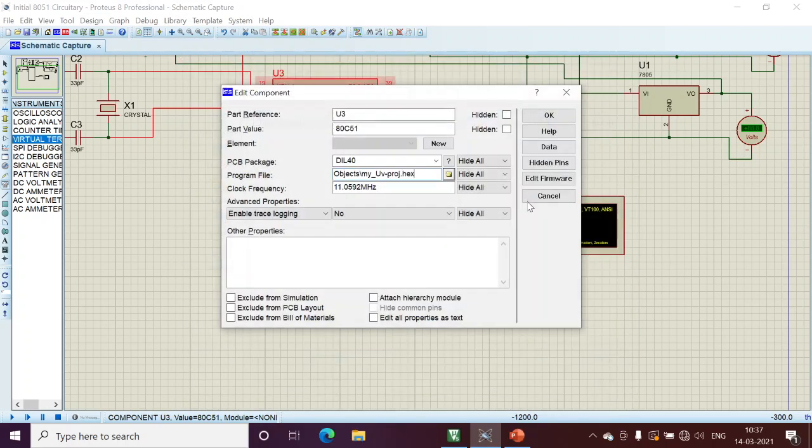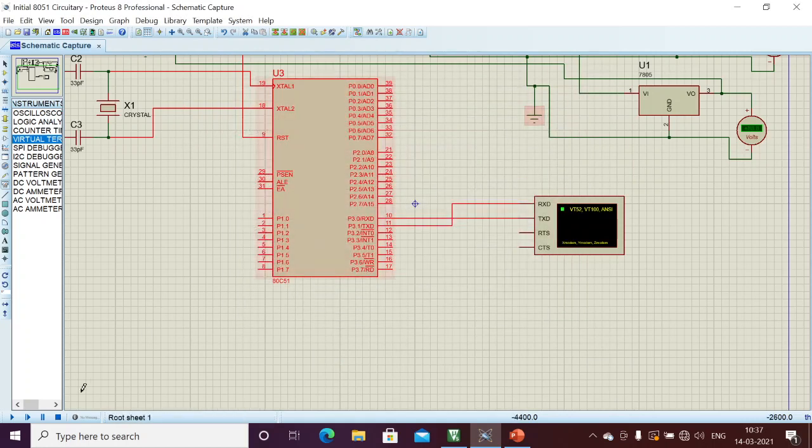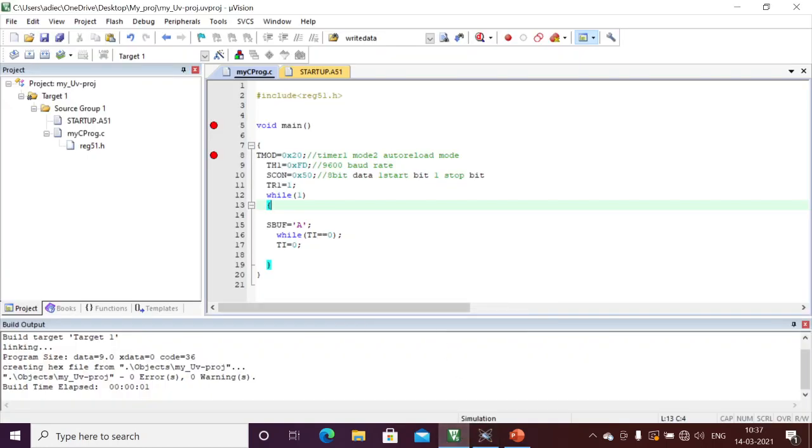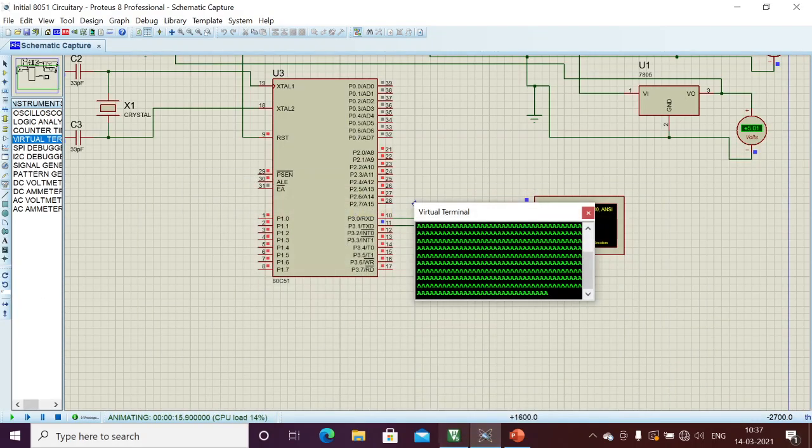Then I have the same executable, and I am running with it, and it should transmit the 'A' always, infinite times. As we wrote the program with while(1), infinite times I'm placing the A value, and checking whether it is transmitted or not. If it is transmitted, I'm clearing for the next transmission, and again I place the A and check whether A is transmitted or not. If transmitted, I'm clearing. This will continue forever. That's why I'm transmitting the value infinitely. This is my output of the program.